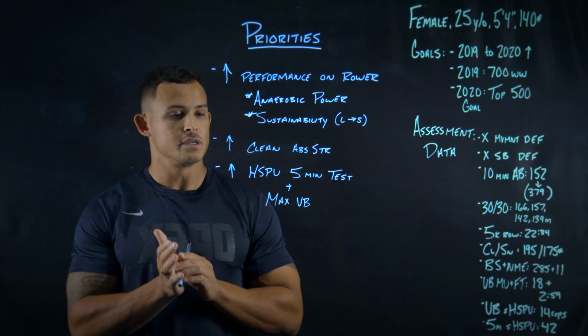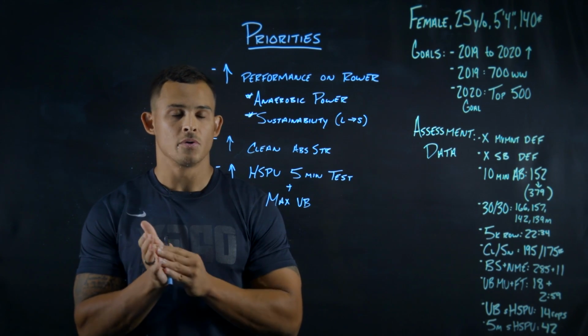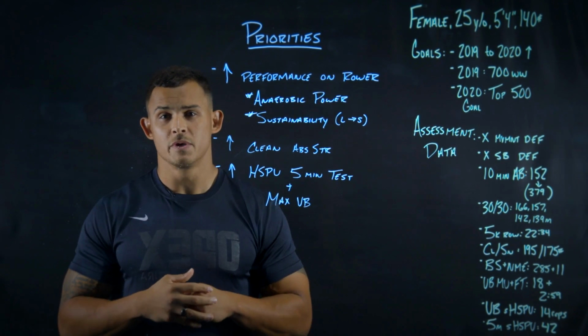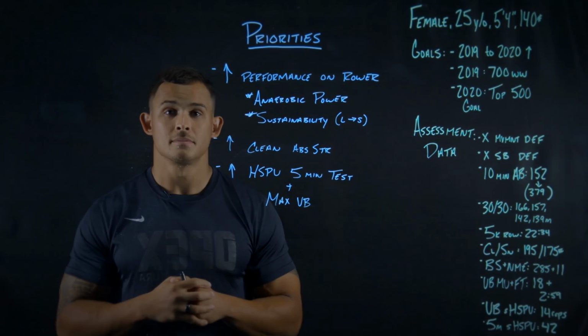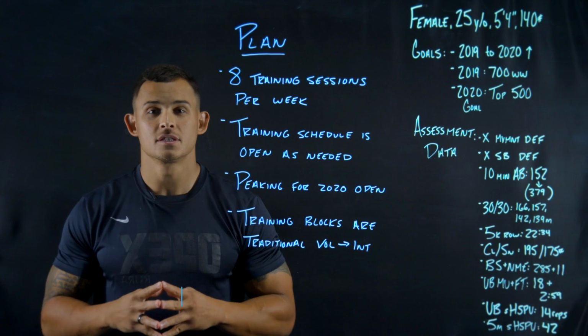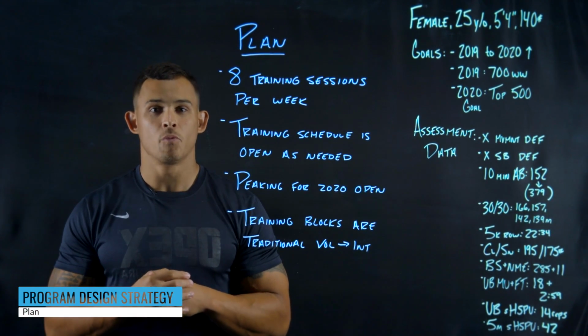And then we want to increase her 5-minute strict handstand push-up test. So increase relative to her would just mean we want to decrease that score, and we want to increase her max unbroken reps. Periodize. All right, now transitioning to her plan and walking through nuances of what we considered when